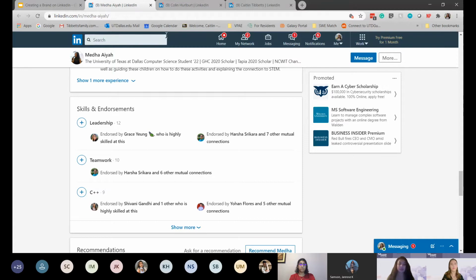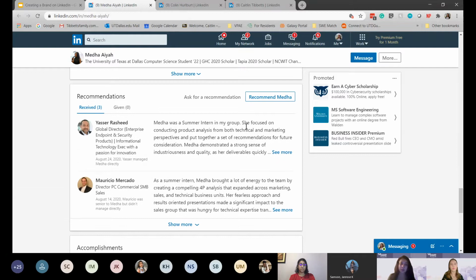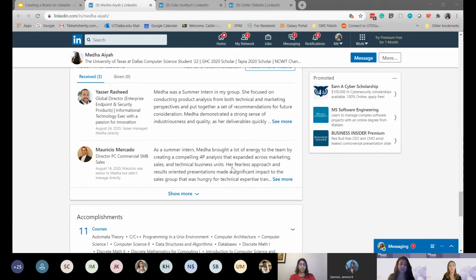And same with recommendations. If you scroll down real quick, I have some recommendations from people who have been my managers in some of my prior internships. And it's really great that they're able to encapsulate what I was able to bring to the table and the work that I've done. So it's great to hear it not only from my perspective, but from their perspective and how I was able to contribute. I think it allows potential recruiters to know what you can actually bring to the table, because there are people that you worked with who are providing amazing recommendations. So that's something to consider as well.